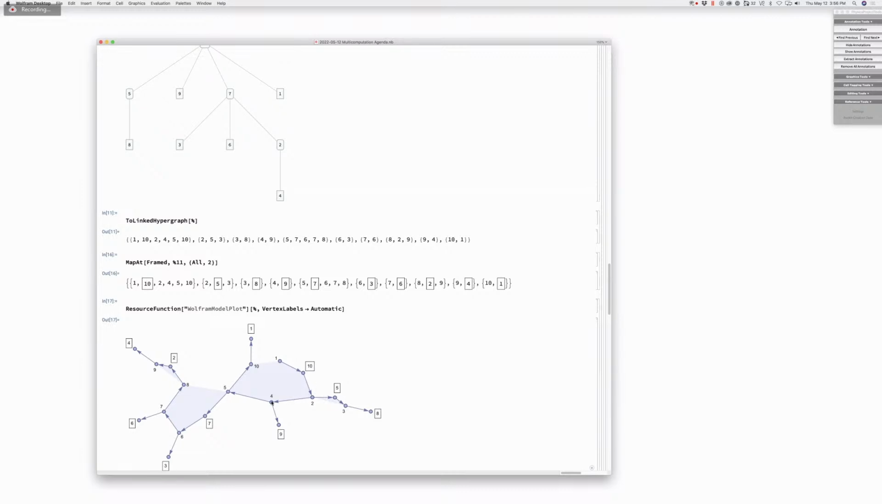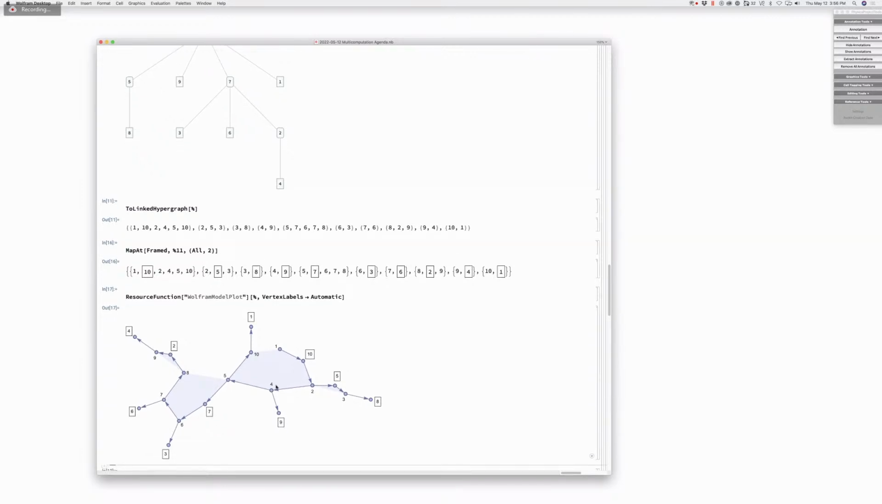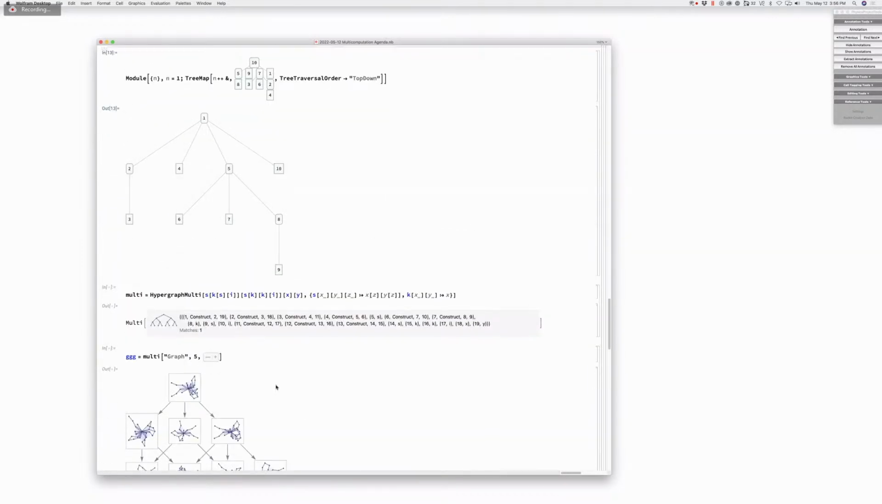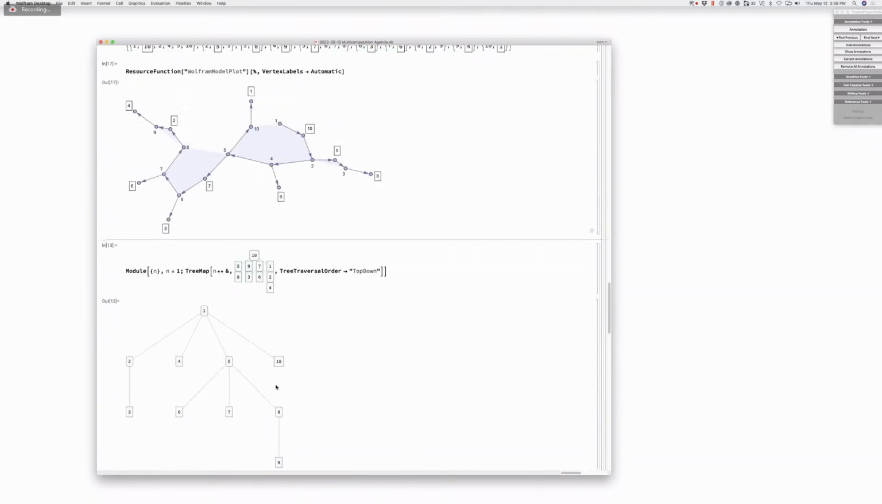I have a function from linked hypergraph, and I have a backwards function too. You can give it a hypergraph and make a tree. Okay, let's keep going here. Let's try to understand this. Okay, so then you're saying